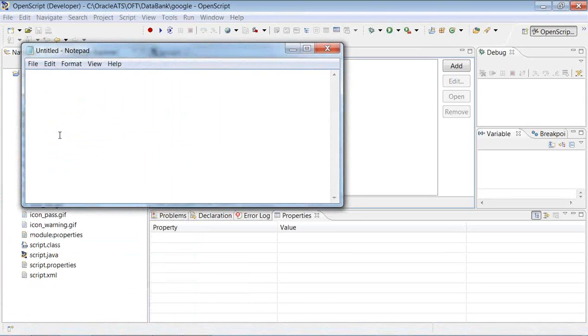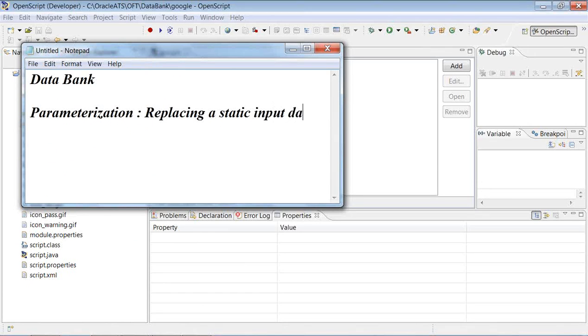Okay, so data bank. We already saw what parameterization is. In the day 2 video, I had just mentioned a little about parameterization. Parameterization is nothing but replacing static input data with dynamic data.